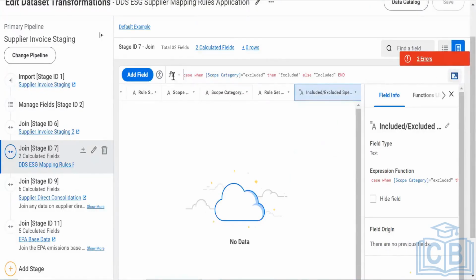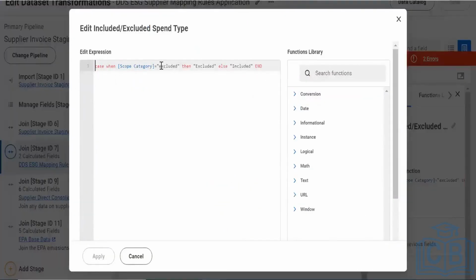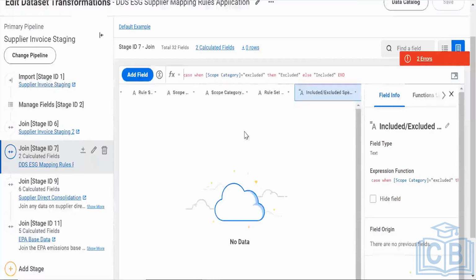Here they have created a case when condition: case when scope category is excluded, then excluded, else included. They have basically capitalized this, excluded E is there. They have done the excluded or else included. Or there might be a chance that there might be no one banned category as included. It might be that they are using that exclude. Is there, then excluded, or else included? Because there might be no spandex or egress included over there, they have created this.